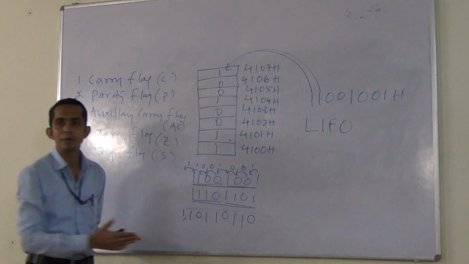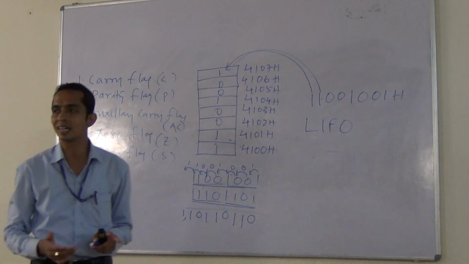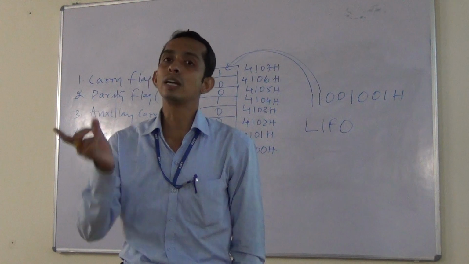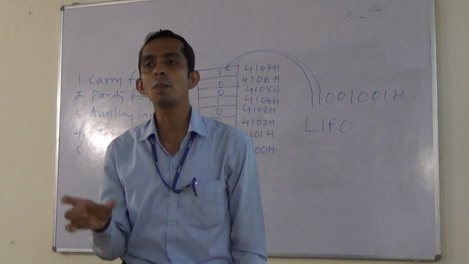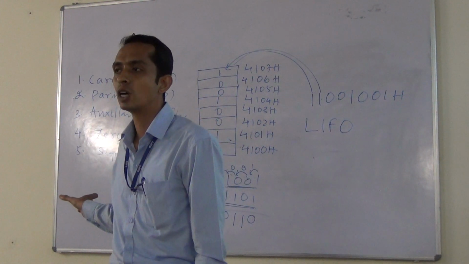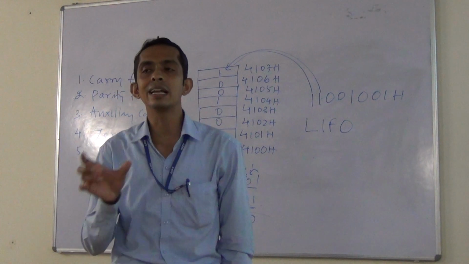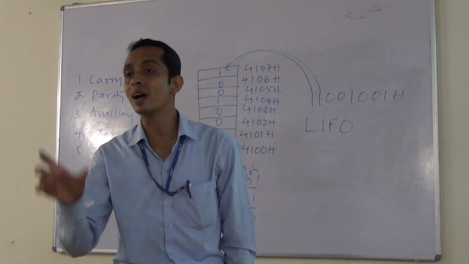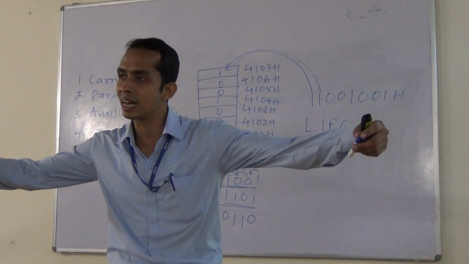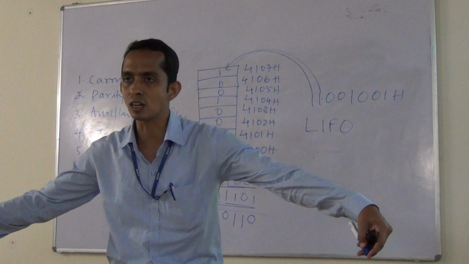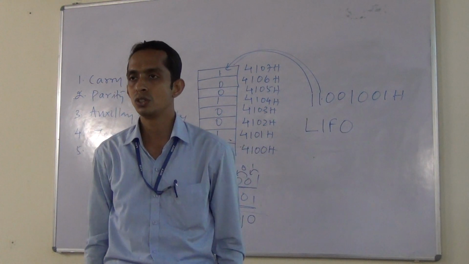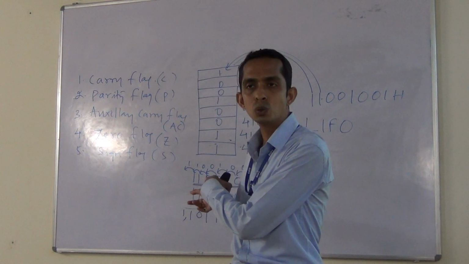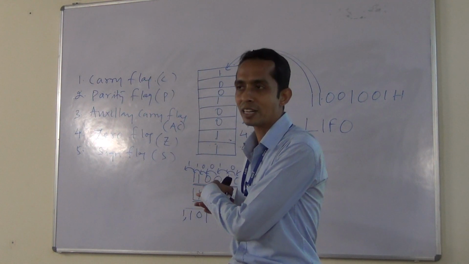Now I am using 8-bit to 8-bit addition. I can't say that this process will not go for 16-bit addition. It will, because it will go in the second hop. At the first hop, it will utilize the feasibility of the accumulator, because it can work out 8 bits of data at a time. It is its capacity, its word length. If 16-bit data is to be added with another 16-bit data, it can complete, but in 2 hops. 2 hops are required for the purpose. So for that sake, I have used one 8-bit example for your better understanding.